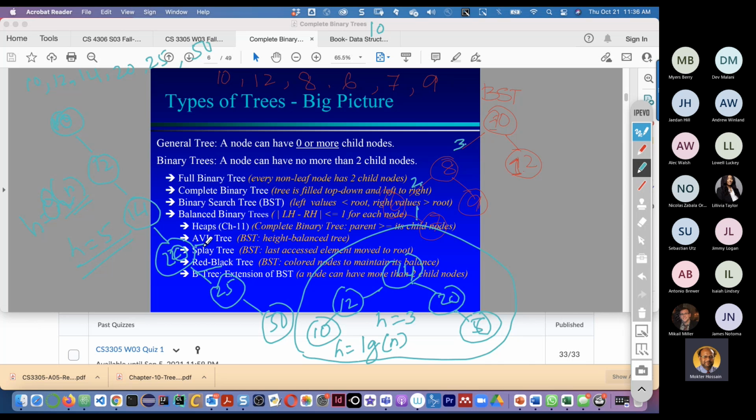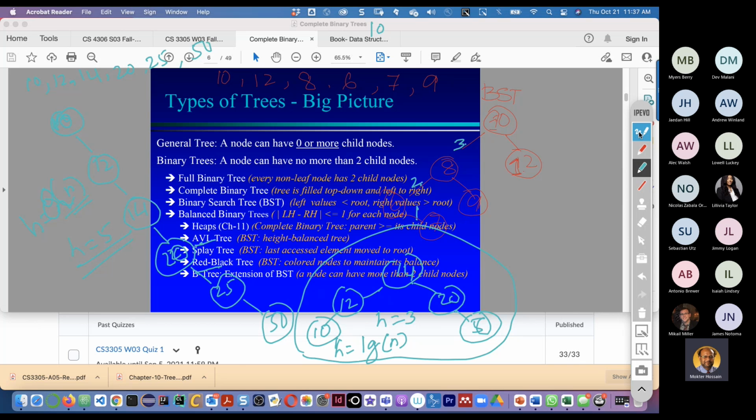This kind of tree has the advantage that it ensures the complexity will be logarithmic time, not linear time. Later we will see, hopefully if we have time, the AVL tree or red black trees. But today we will just cover binary search tree.